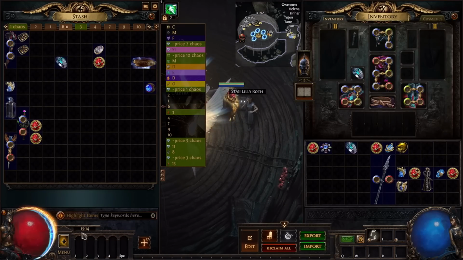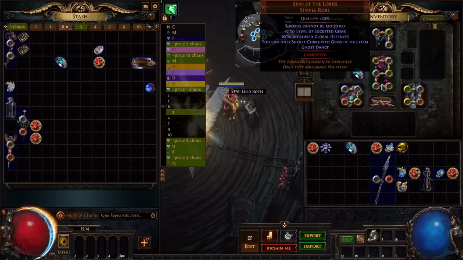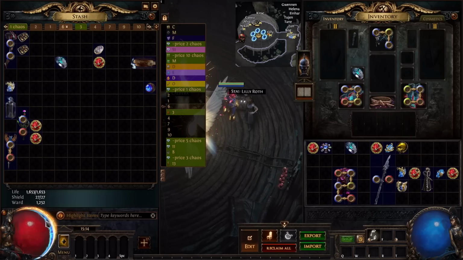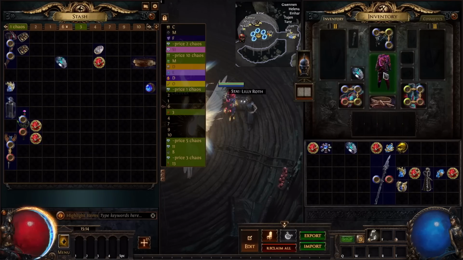So we need to stack as much ward as we can. So here I have this Skin of the Lords, which gives 100% increased global defense. As you can see, we have 1200 ward. When we equip this, it doubles our ward, so ward is counted as defense.